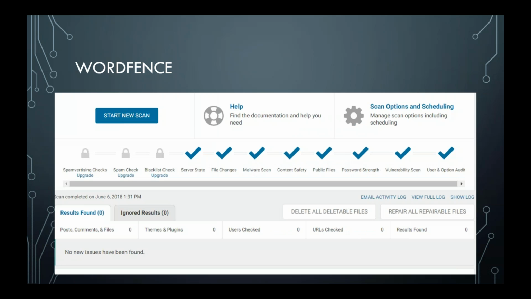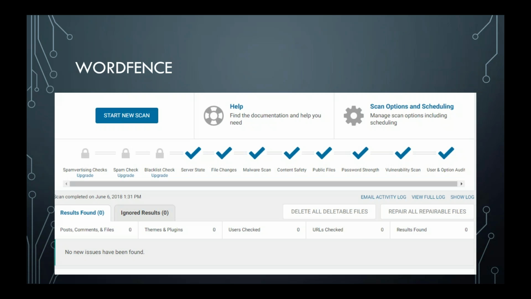They've got a really neat scan that you can run, and it goes through all of these little checks and tells you when it finds problems. When I found all of these problems on my site, it had like 150 to 200 different problematic items, though in the results found section right now the site is clean. I was able to pinpoint those files, folders and directories, delete them, and get the site clean again.